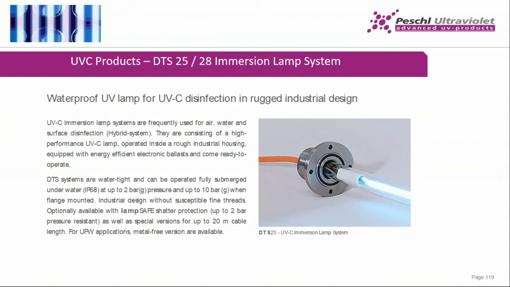We can have a big pressure on the quartz tube, up to 10 bar, and on the head part 2 bar. What we do with this unit: it can be integrated in a filling machine to clean the filling parts of a round filler, not the packing material, more the machine parts,